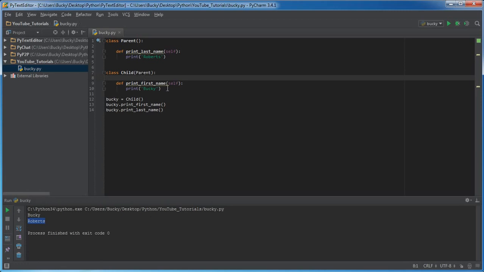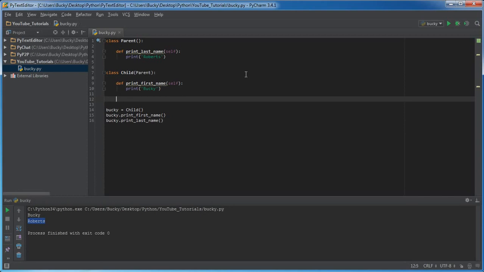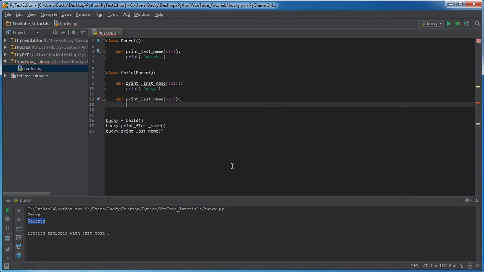Good. Because now I'm going to talk to you guys about something that's a little bit more advanced, a little bit more confusing. So right now, we have print last name basically as a child function that it inherited. Now, what we can also do is have the option of overriding. Overriding. Wow, that's for some reason hard for me to say. The child can override that function. So what we can do is this: def print last name, and also I'll make this print something called